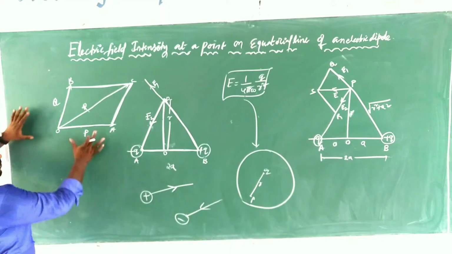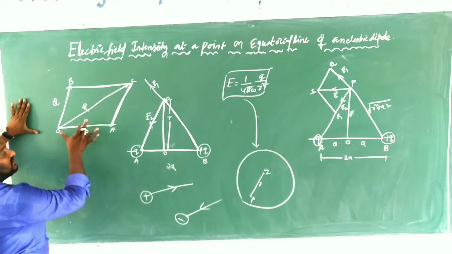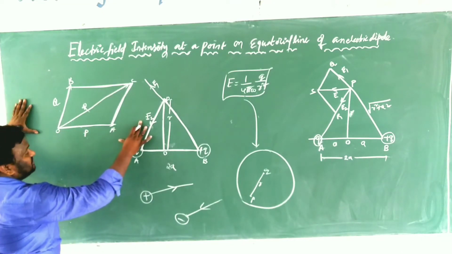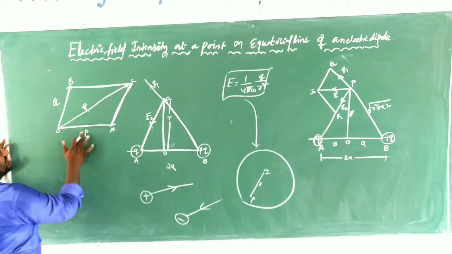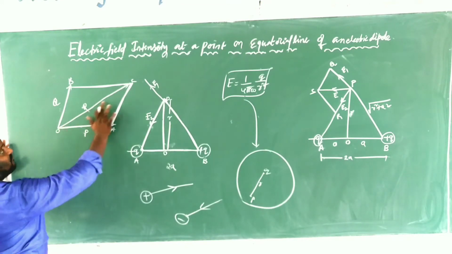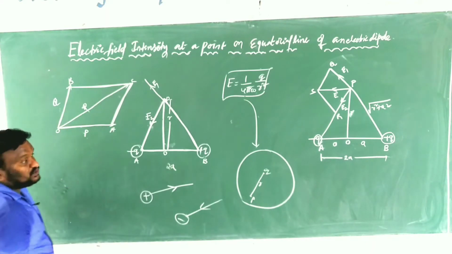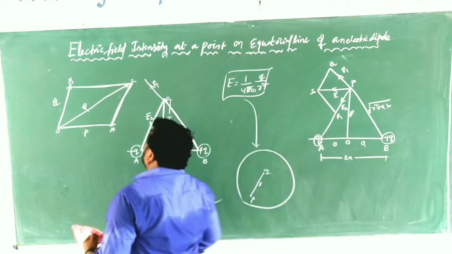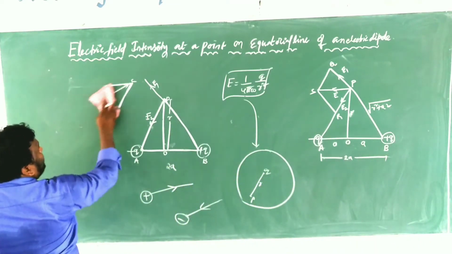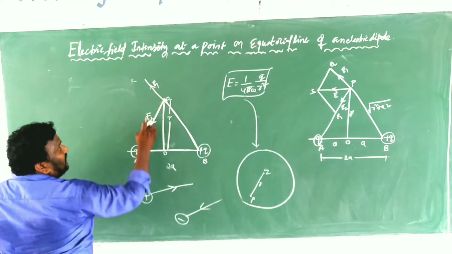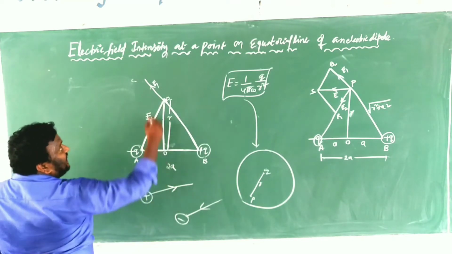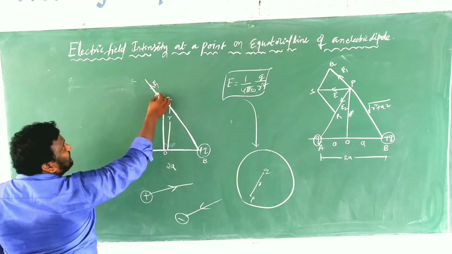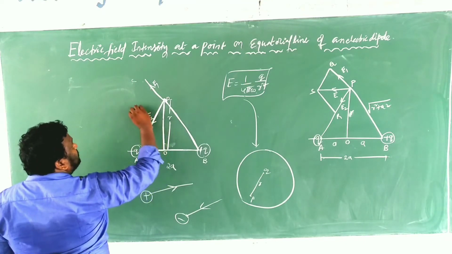Clear? So now we are going to use this theorem in this case, the parallelogram law of vectors. If two vectors are taken as adjacent sides of a parallelogram, then the diagonal which is drawn from the same point will be the resultant of those two vectors. So now here we have two vectors E1 and E2. You have to observe very carefully in this diagram. E1 and E2 are the two vectors, and those two should be taken as the adjacent sides of a parallelogram. So by using them we have to construct one parallelogram.